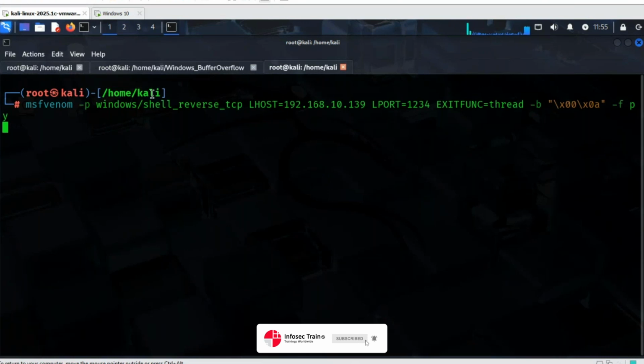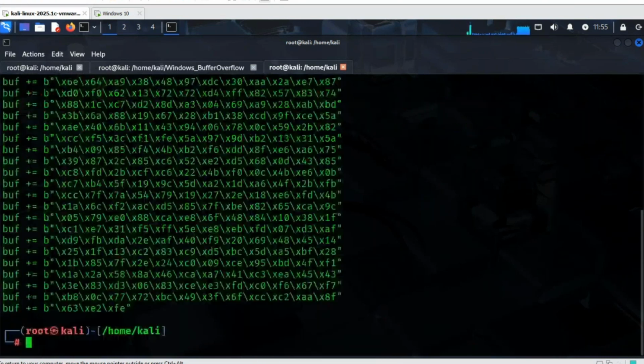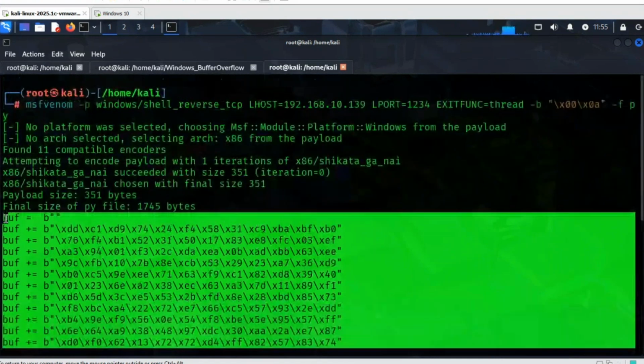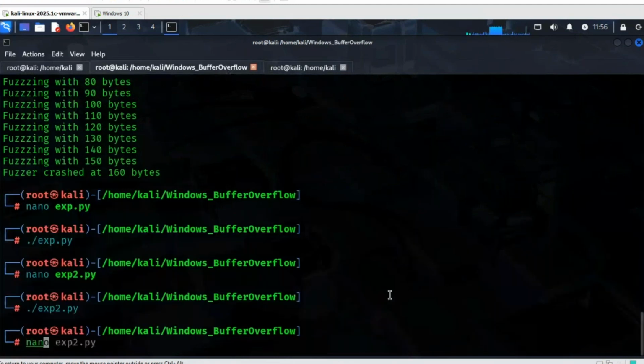Now it will be creating the code for me. Now this is the exploit code, 1745 bytes. I'll copy it, go back, nano,